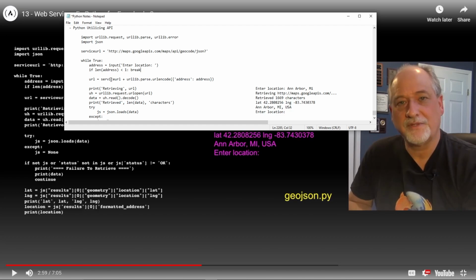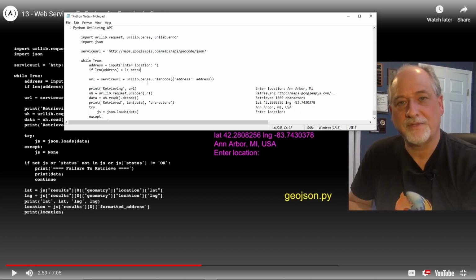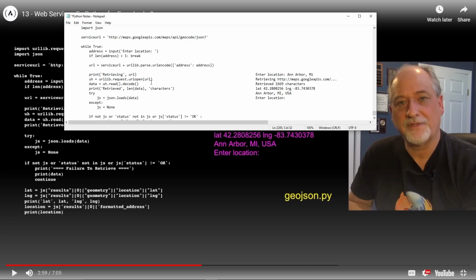Then we've got URL equals service URL plus URL library dot parse dot URL encode, this thing right here. So it's going to take the parse out of, I think, request or this, I don't know. You know what? We should ask ChatGPT. Although I know how to do that. ChatGPT is cool for the first few times, but we've got to rely on ourselves at some point.